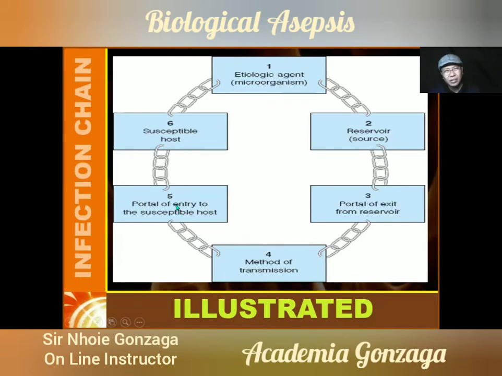And after this, the host, being the human being, becomes susceptible, or the host carrying the microorganism might get sick. So when the person is sick, the moment he coughs and that water and saliva come out of the mouth, that saliva carries the microorganism, which will again return to number 1, and the cycle will continue. This is the cycle of infection.